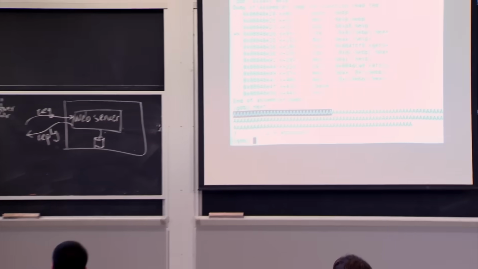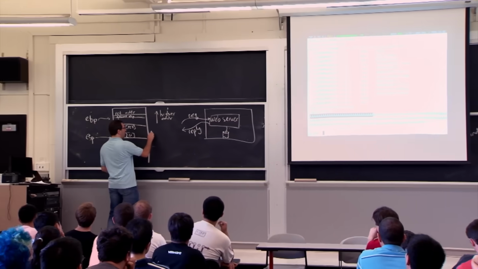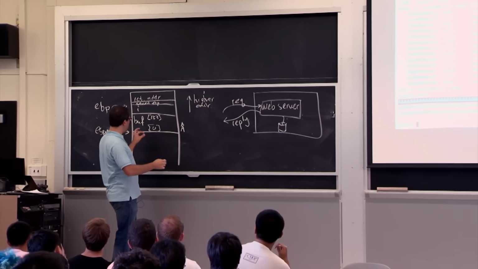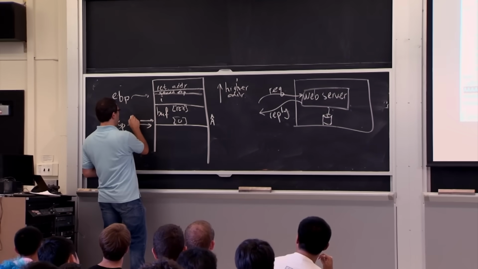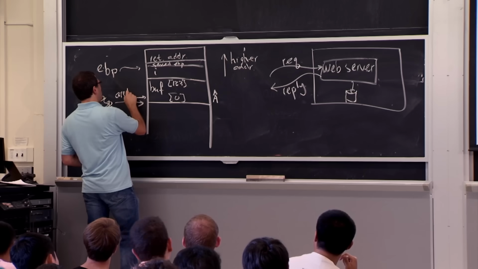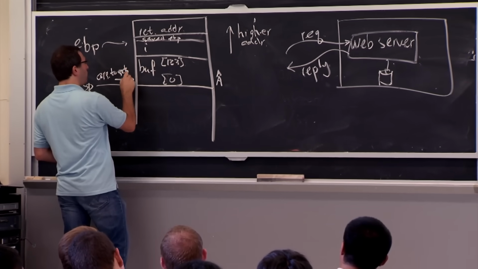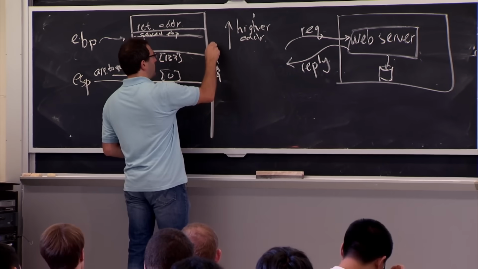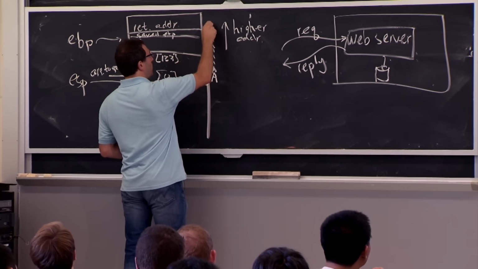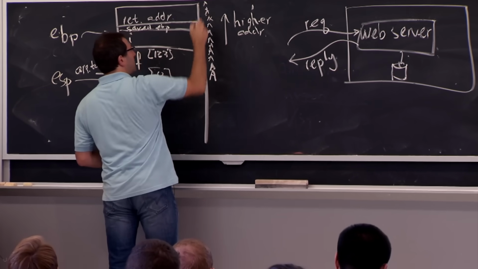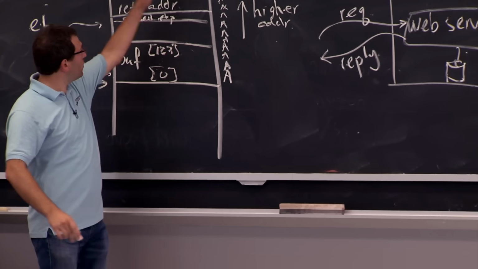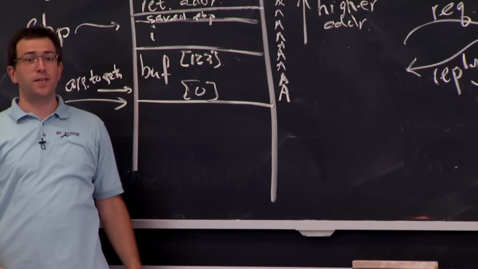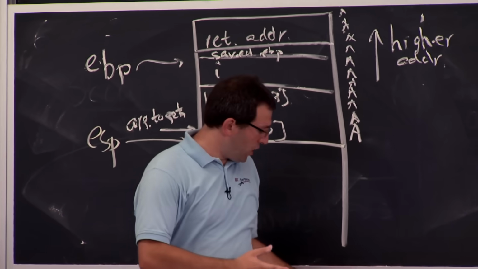So it just keeps writing A's here, right? All we actually passed to getS was a single pointer, the start of this address. So the argument to getS is a pointer to this memory location on the stack. So it just kept writing A's. And it doesn't actually know what the length is, so it just keeps going. It's going to overwrite A's all the way up the stack, past the return address probably, and into whatever was up the stack above us. So we can check whether that's the case.